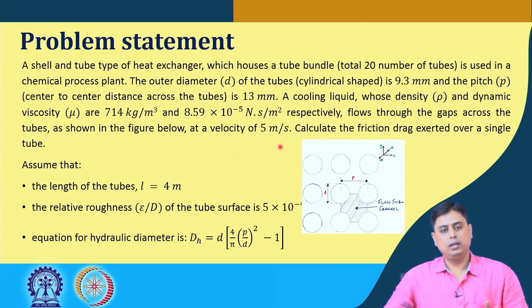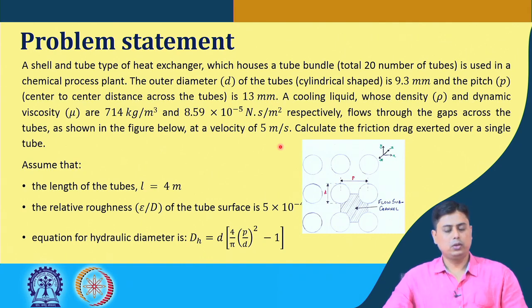So, similar to the second problem that we have just solved, here we again have to calculate the Reynolds number, because we have to first find out the C_d value. If you remember, the drag force is equal to half C_d rho A v squared. To calculate the drag force, we need to know C_d, and C_d should be calculated based on the Reynolds number. Based on the Reynolds number range, we find appropriate correlations for C_d and then get the overall drag force if all other parameters on the right hand side are known.